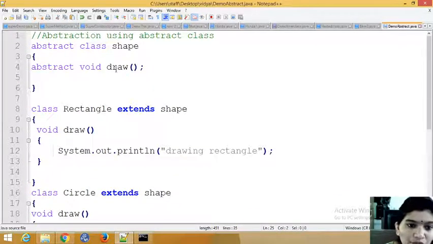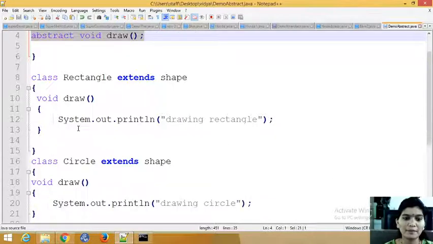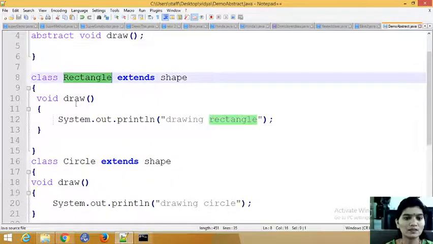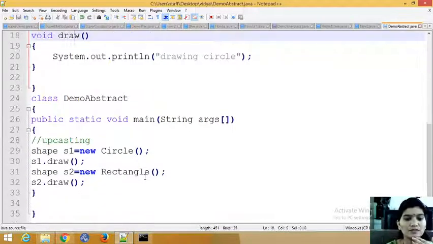So what you are storing is a common thing. I need to draw a rectangle and I also need to use a circle. So I have created two classes, rectangle and circle. Both classes require a draw method. So the declaration I have done here, but I am changing the implementation as each class requires. In the rectangle class, I want to display drawing a rectangle, but with the same method I want to change the implementation to drawing a circle. So this is what abstraction is.